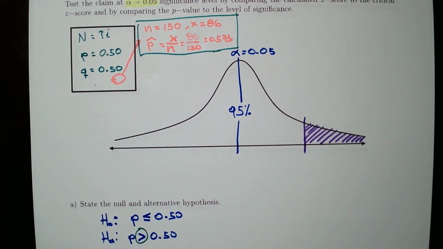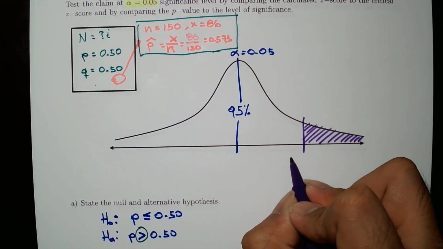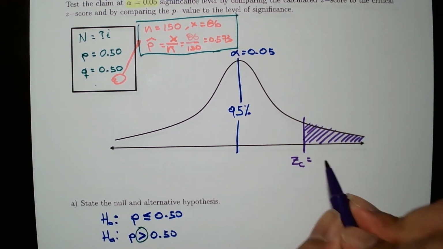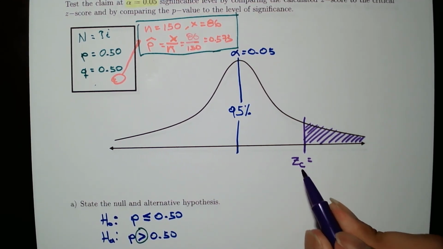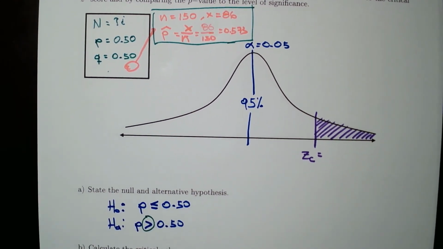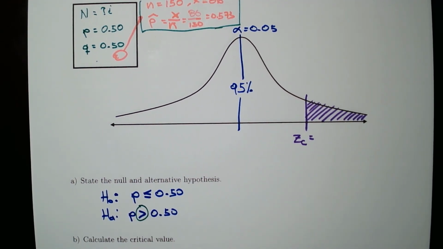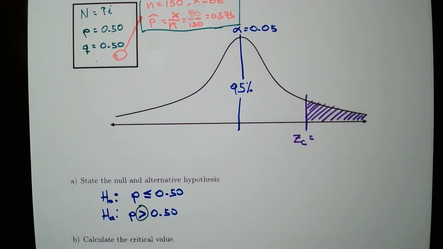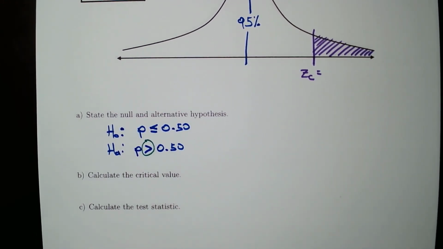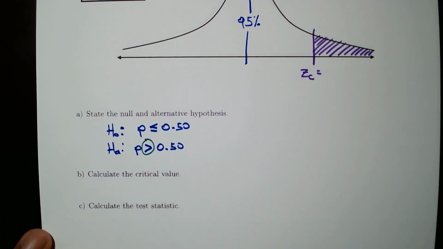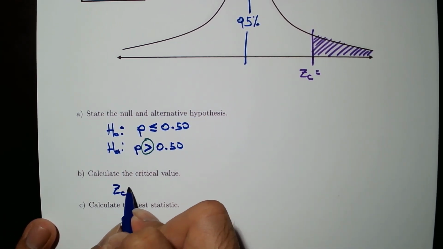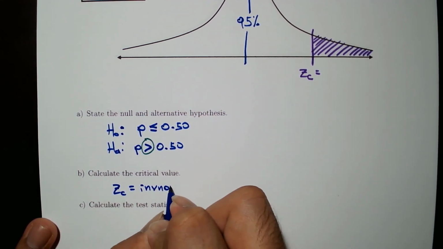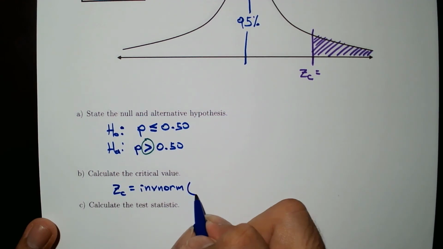Actually, this will be the z critical, which will be something. How are we going to get that z critical? The same way as we did when doing confidence intervals. So let's calculate that critical value. We get that by using our calculator, using the inv norm of, in this case,